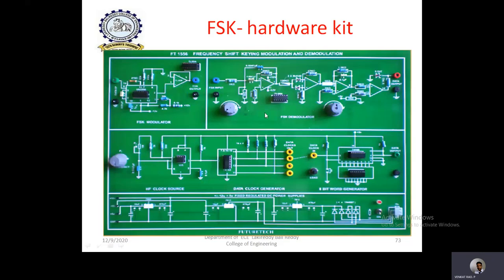The special feature of this particular Future Tech kit is that there are two tuning knobs provided in the demodulation. In the frequency modulation experiment in the analog communication lab, there is also a tuning. Whenever we are receiving an FM signal, suddenly you observe some random noise. In order to get the original carrier frequency signal, you need to tune your radio. Similarly here, if the demodulation is not perfect, you can tune these knobs so that you are able to generate a perfect demodulated digital sequence.